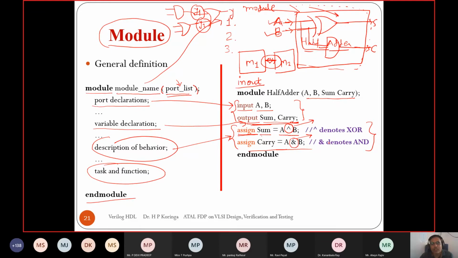So if you can implement the internal structure using the basic gates, then gate level abstraction is used. The lowest abstraction level is the switch level, where we design our specific circuit for any logic. It is the lowest abstraction level, and we can directly use the device instead of a logic gate. So hope my answer cleared your question. Yes, sir. Any more questions?